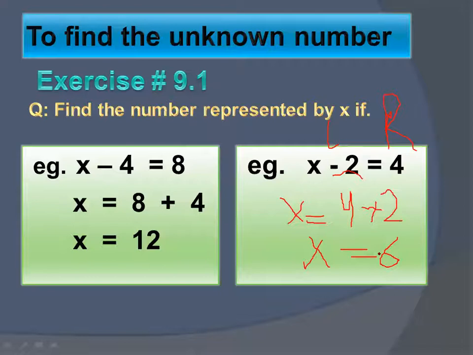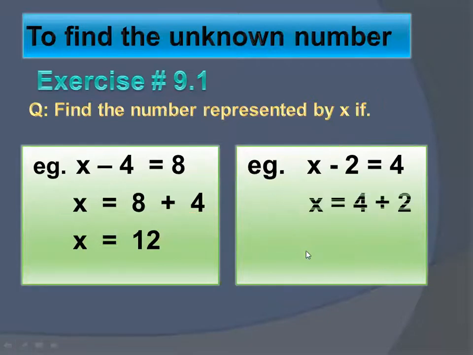That's it. Okay, so what you have to do, you have to simply shift the constant that is written on the left side along with the operation. Just suppose if you have minus 2, so on the right side it will become plus 2. Here you have minus 4, so on the right side it will become plus 4. Okay, that's it. Now I'm going to erase it and I'm going to show you again.